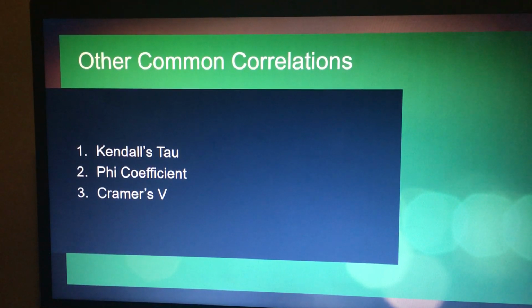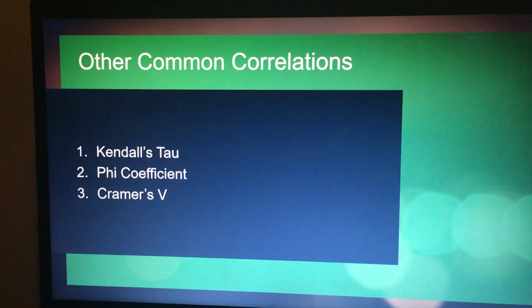We can create a 2x2 table with the counts of students in each category. The phi coefficient will tell us how strong the relationship is between doing the homework and passing the test. Its value ranges from -1 to +1, where +1 indicates a perfect positive relationship, -1 indicates a perfect negative relationship,